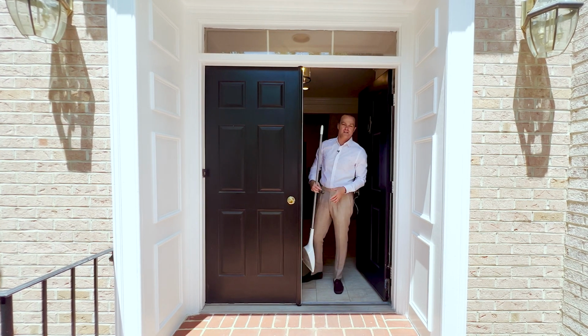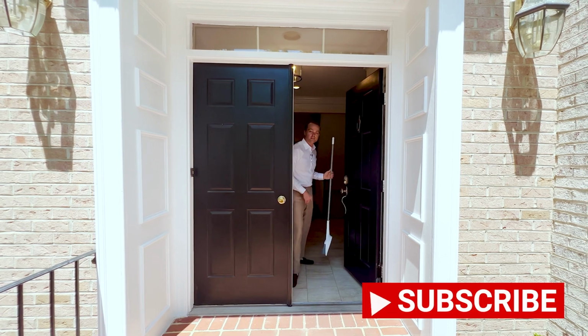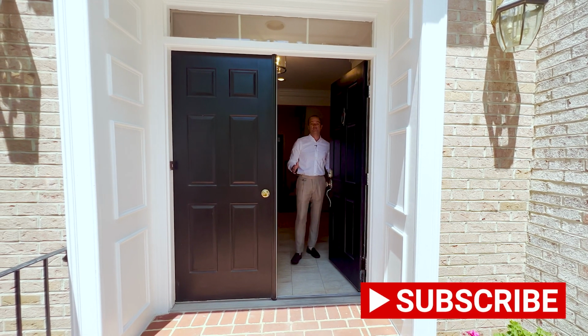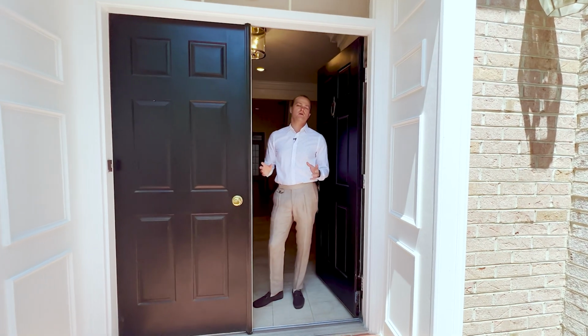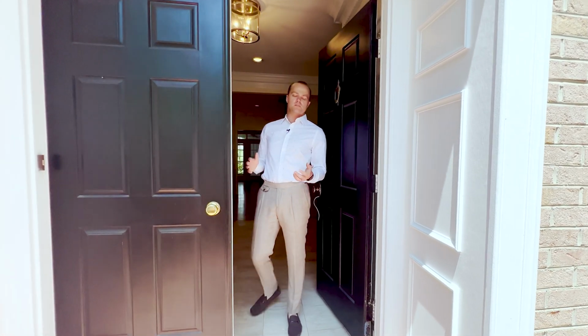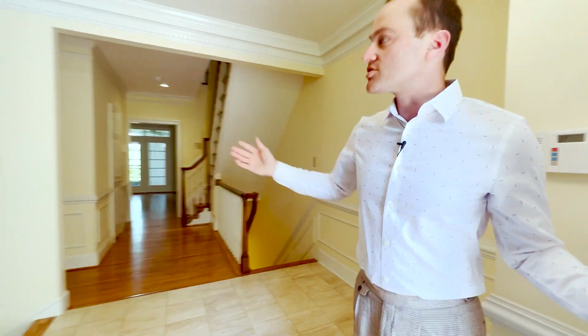Oh, hello there. I just got back from playing 18 here at Avenel. Let me just put my club away, and we've got a wonderful home for you to tour today. This home is 3 bedrooms with 2 additional bonus spaces that can be used as bedrooms in a pinch. This has tons of space, one of the larger townhouse models in the area, and we're so delighted to share